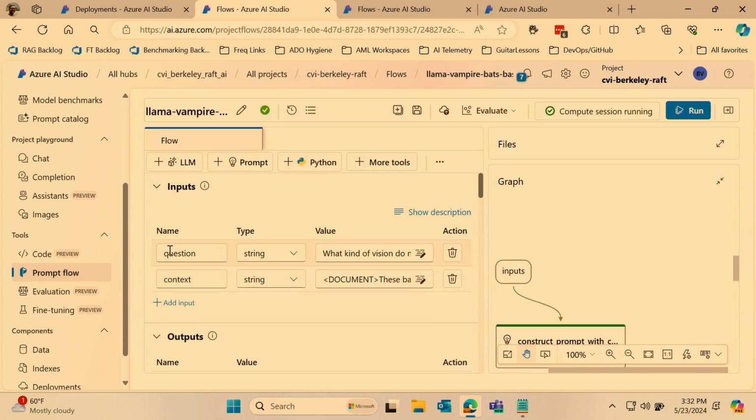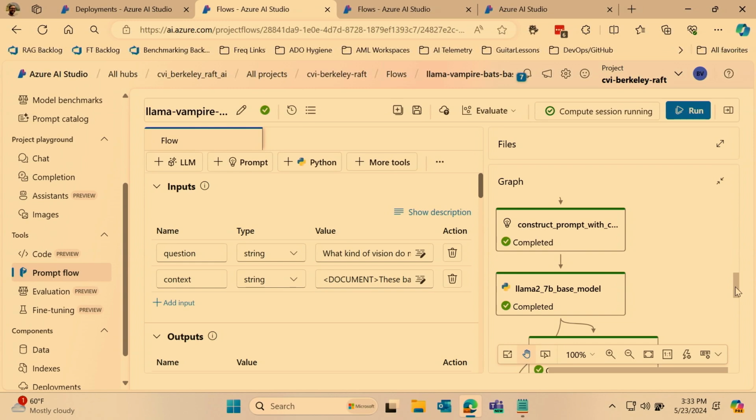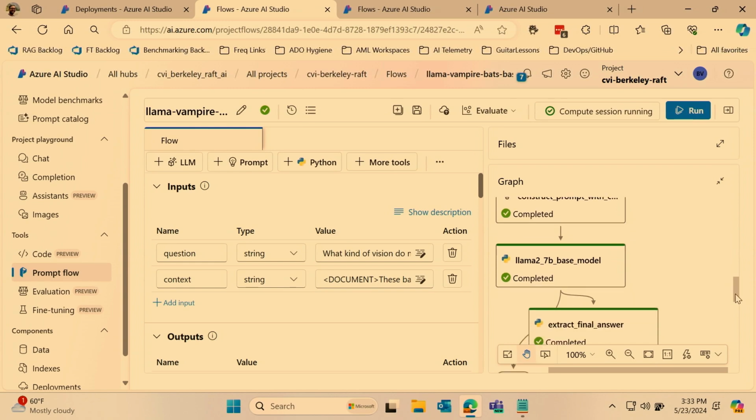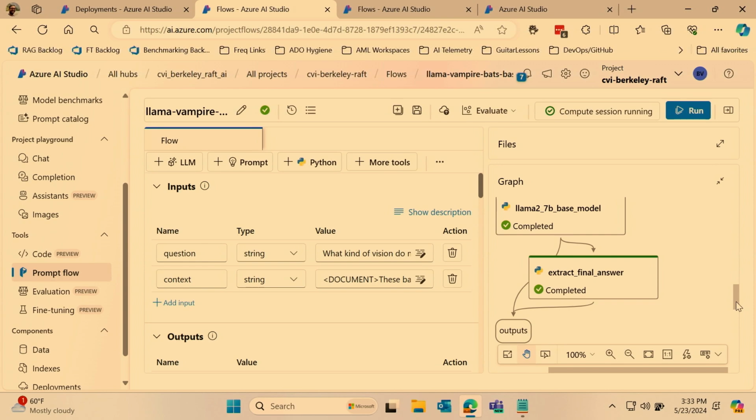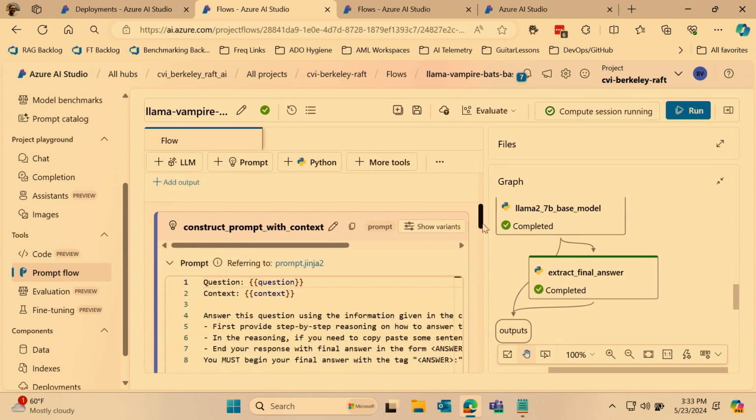The inputs are question and context. I copy paste it, and I construct a prompt based off of the question and context, and I then pass it on to the Llama 2.7b base model, and I extract the final answer. When I extract, all I'm doing is just splitting it into separate strings and sending it out, right? That's all I'm doing. And in constructing the context, what am I going to do?